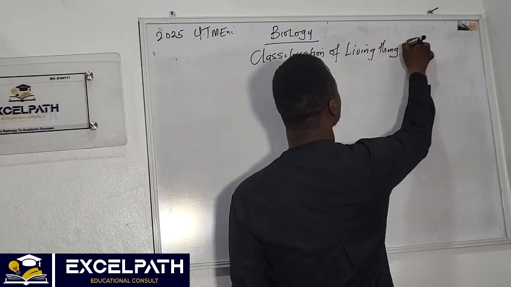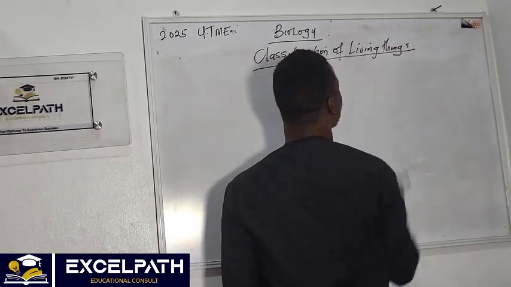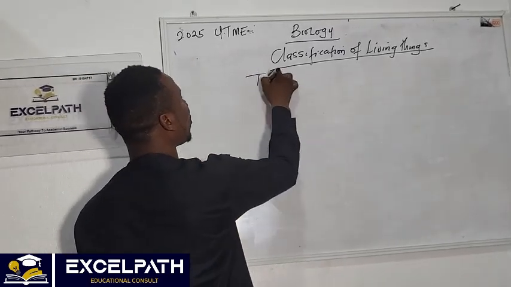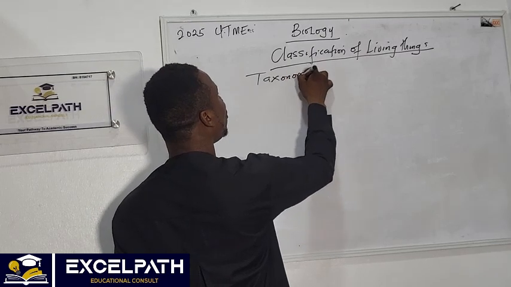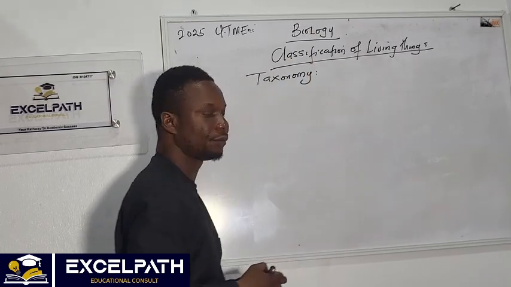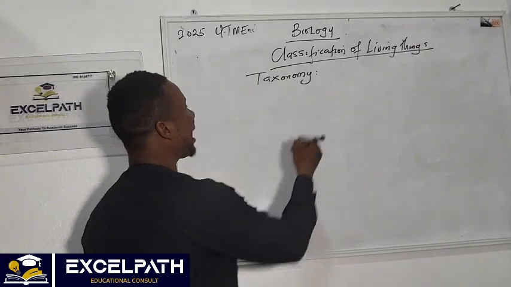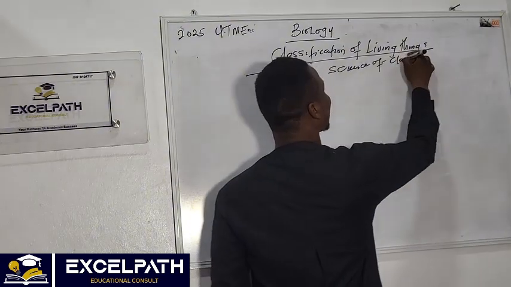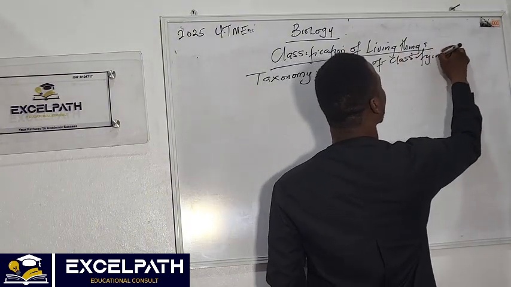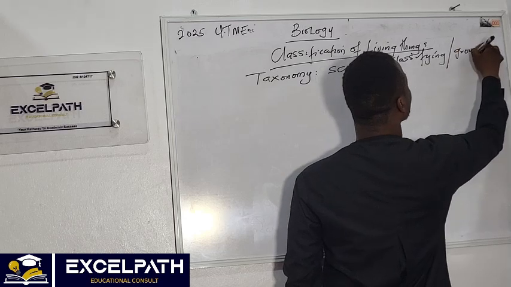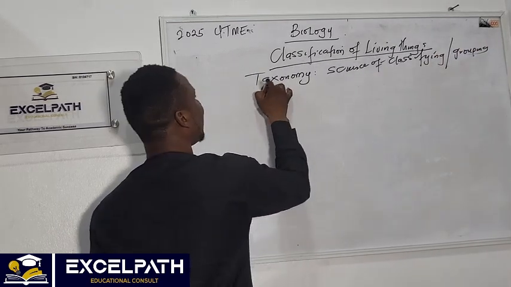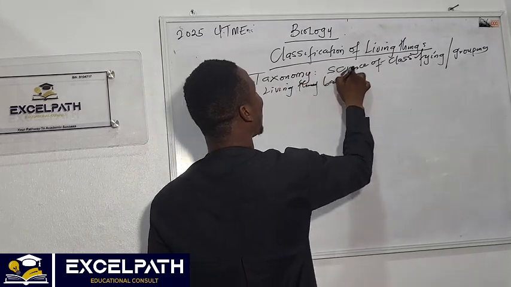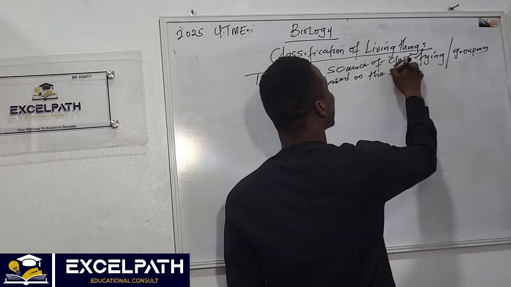Classification of living things. Another name for classification is taxonomy. Taxonomy is the science of classifying, or grouping, living things based on the similarities